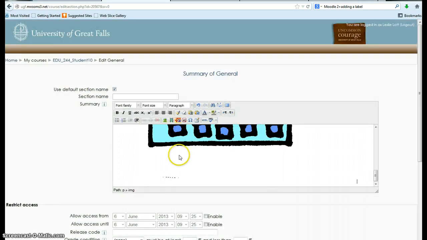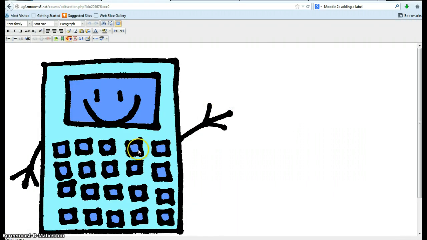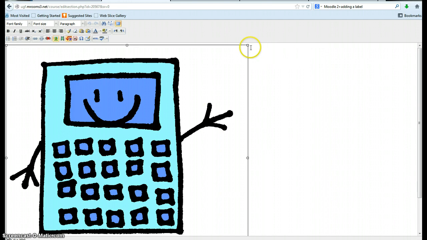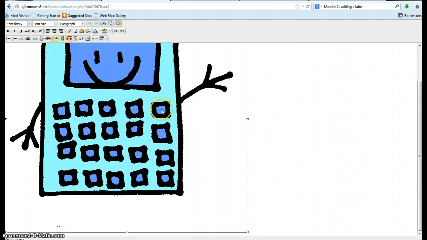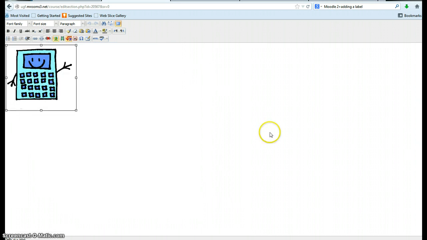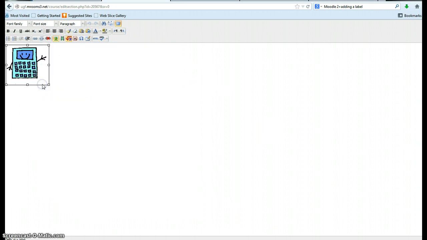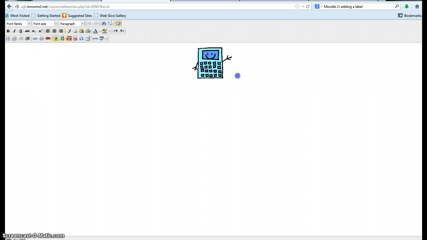As you can see, the image is really big, so I want to edit that image by making it smaller. So I'll click that full screen toggle button. If you click once on the image, it'll give you pull handles. You'll see them here. It's like a little black box all the way around the image. I'm just going to take the right corner and push it up. This will make it small, and you want it pretty small. So I'll make it this size. And then I'm going to center it, so I'll click the center button. Once I've done that, I'm going to hit enter. You have to kind of click outside the image. And then you'll see it's left justified, which is what I want,